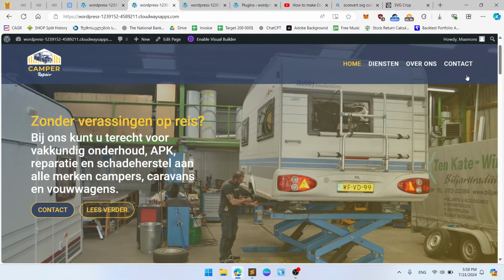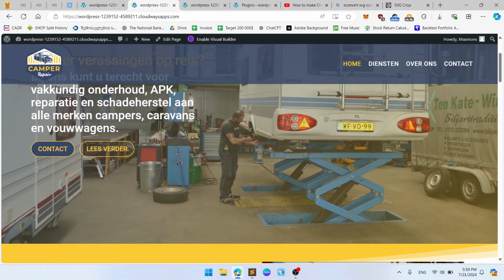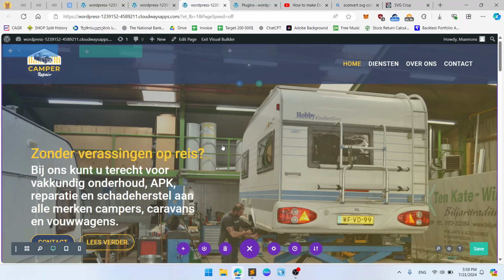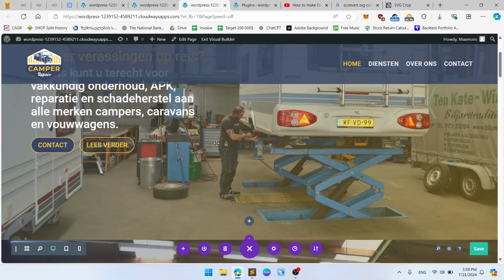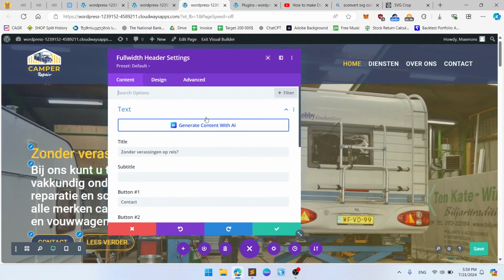Okay, it looks good, but I would still make the container width much smaller, but I can't, because your website uses this container and it's not the right way